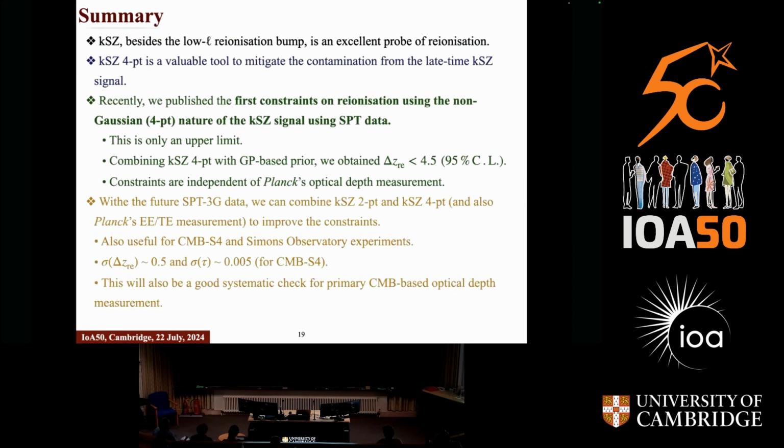And that's my summary. KSZ, besides the low reionization bump, is an excellent probe of reionization. In particular, the 4-point function is a really good way to mitigate modeling difficulties due to late time KSZ signal. And recently with SPT data, we set the first upper limit constraints on reionization. But the future, for SPT, Simons Observatory, and CMB-S4, is looking really promising when we combine KSZ with other